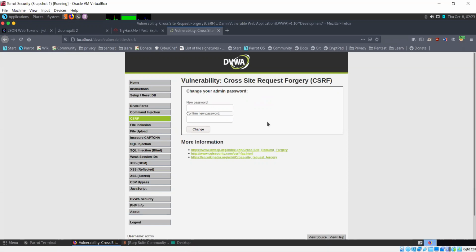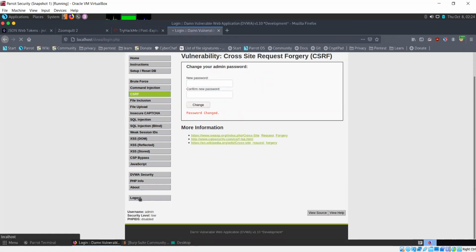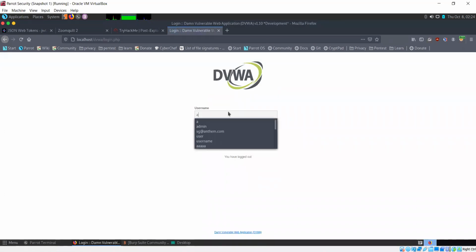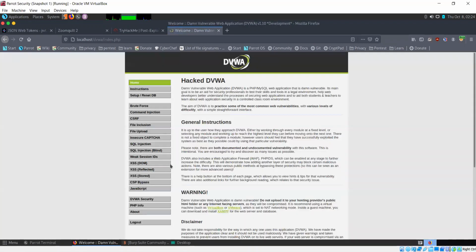So in this case it says change your admin password. If I enter PASS and again PASS, and click on change, it's going to change that. Then when I log out and log in again, the original password is not going to work since I have changed it. This pass is going to work now.